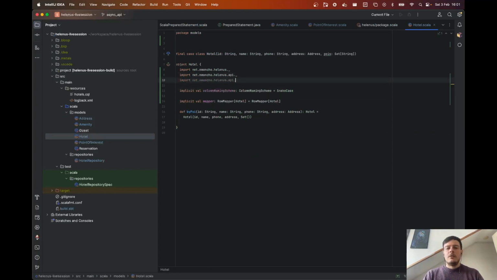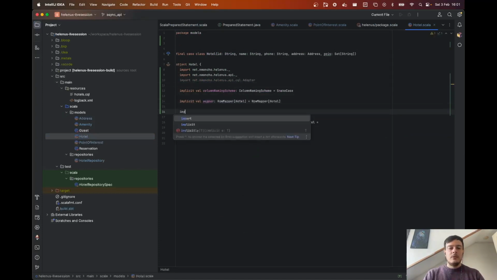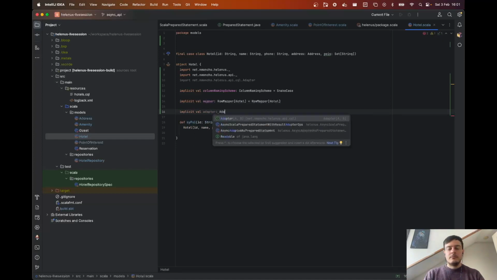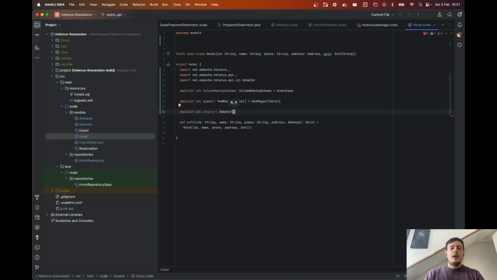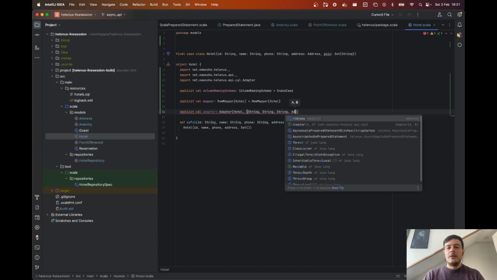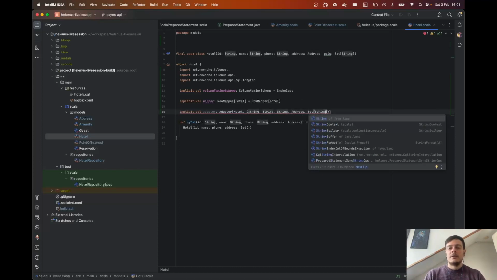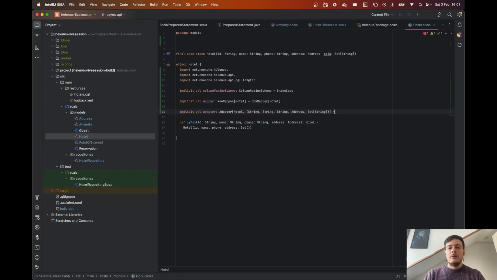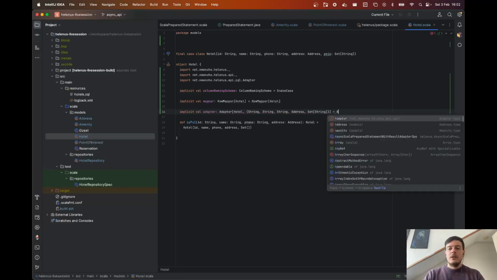Now, this is on the SQL adapter, and what I want is to go from a Hotel to all the values that I have, to this tuple that I mentioned, so a string, then an address, and finally a set of strings. Once I have done that, I can just call the adapter